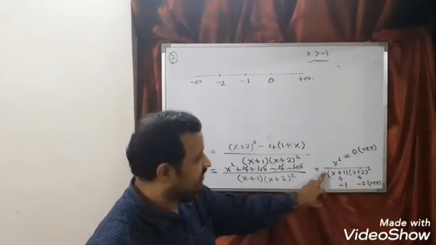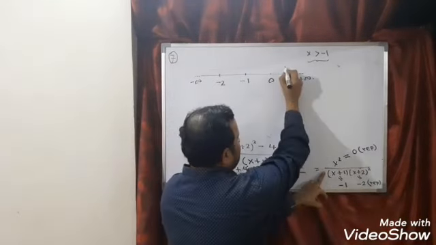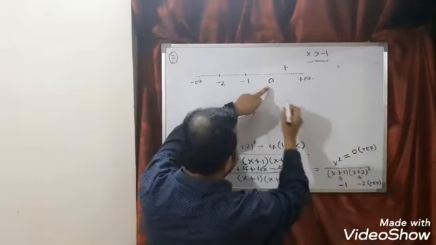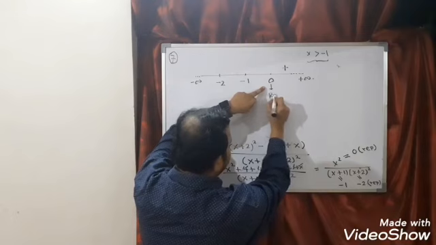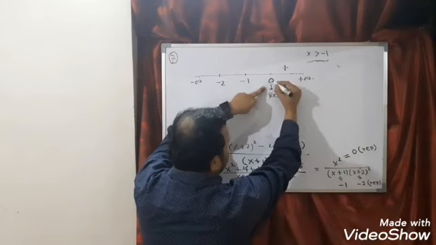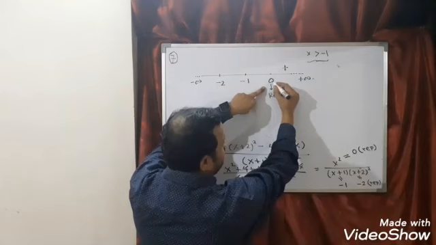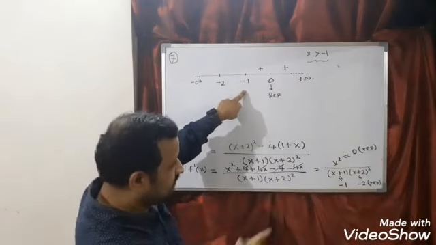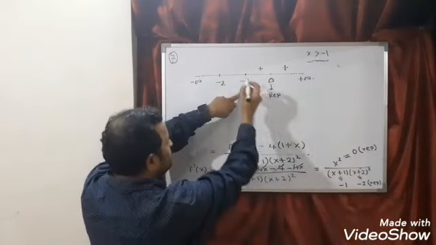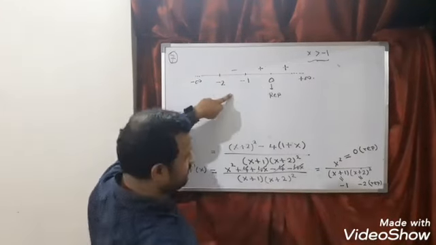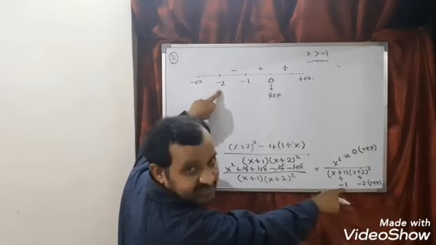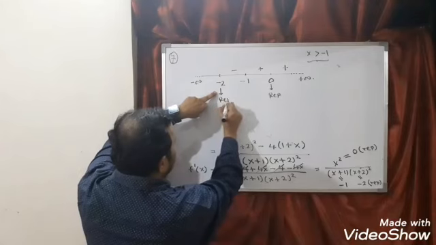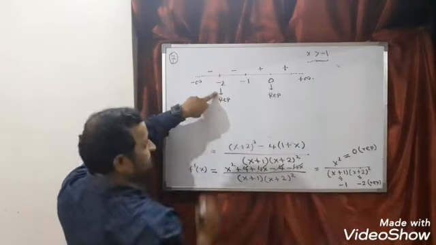Now look here. What is the outside sign of f dash x? Plus. So plus will come here. Is 0 repeated? 0 is repeated. Since 0 is repeated, the same sign will come before and after this point. So plus means here also plus will come. Minus 1 is not repeated, so the minus sign will come here. Minus 2 is repeated, so minus here means minus here as well.